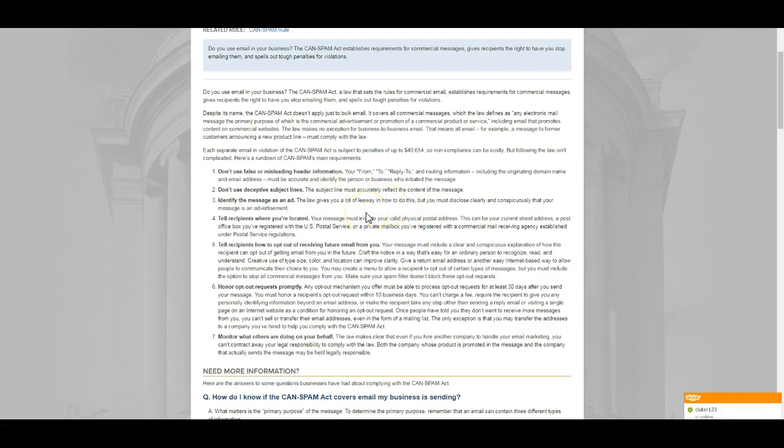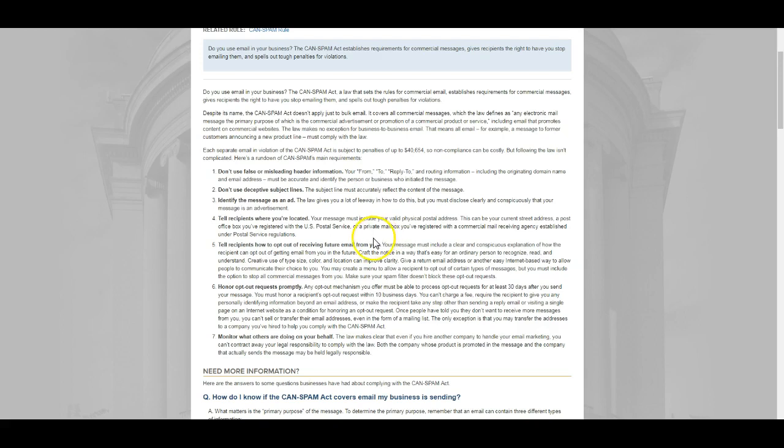You have to have a physical postal address. This could be of your personal business, you as an individual, or you could get a virtual mailbox, which I believe you have to sign a form with the post office for, and they'll give you your own mailing address. Legally that's still compliant, but it costs about $200.